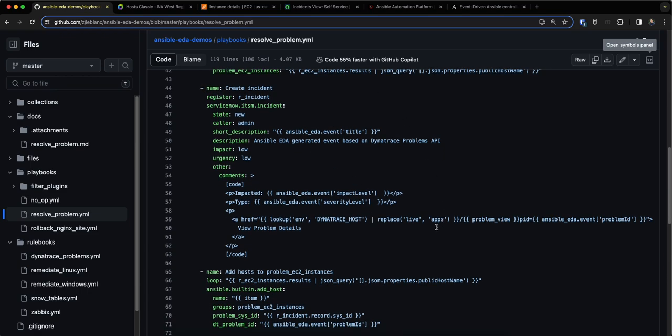I'm going to create an incident. So this is that ServiceNow integration part of it. I'm actually going to take the information from EDA. I use a nice little comments with a code block to render it nicely in the ServiceNow incident. With the problem details, I give it a general description,